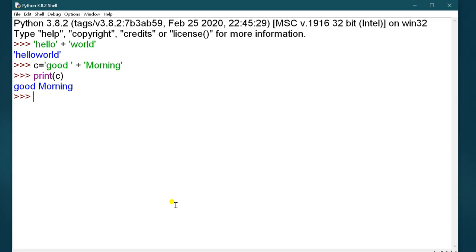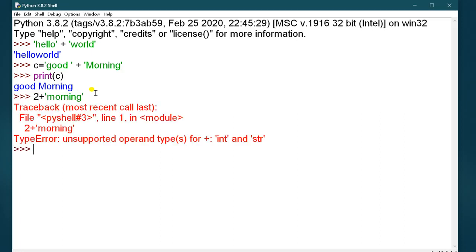So the plus operator works with strings, meaning both values should be strings. If you write 2 plus "morning", it will give you a TypeError: unsupported operand type(s) for plus: int and str. Here 2 is the integer value and morning is the string value, so it will give you the type error.